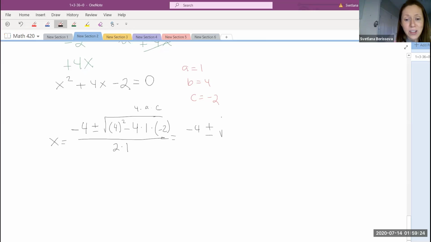Now that should be right. So now inside the square root we have, well, 4 squared, that's 16. And then the minus, I said we do it at the end, but see what happens now when we start multiplying. So it's,